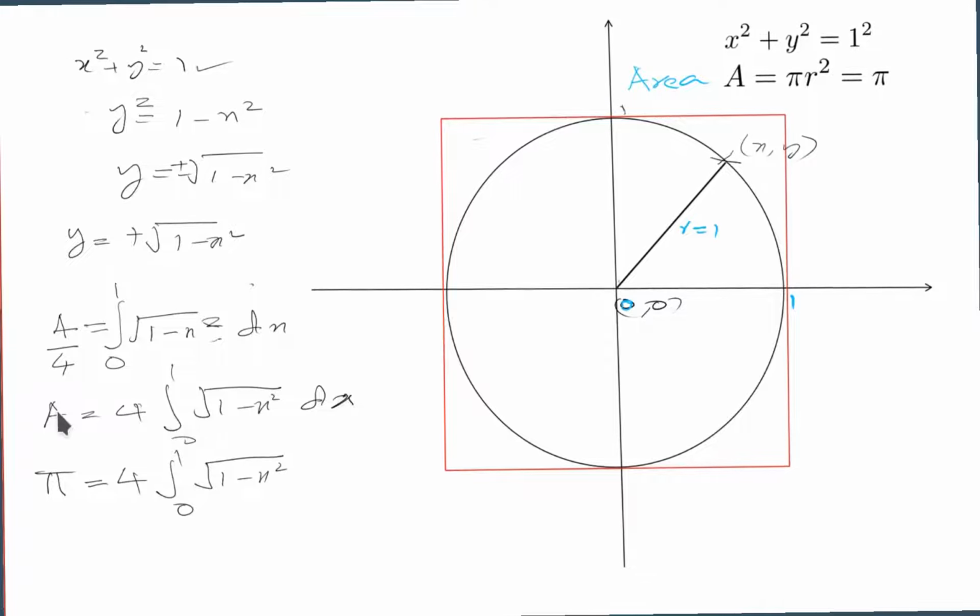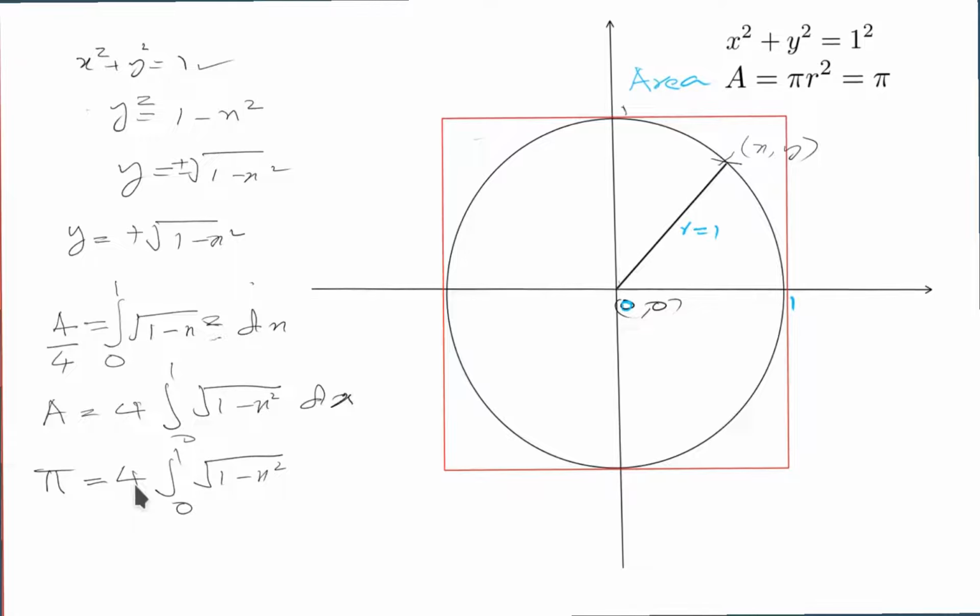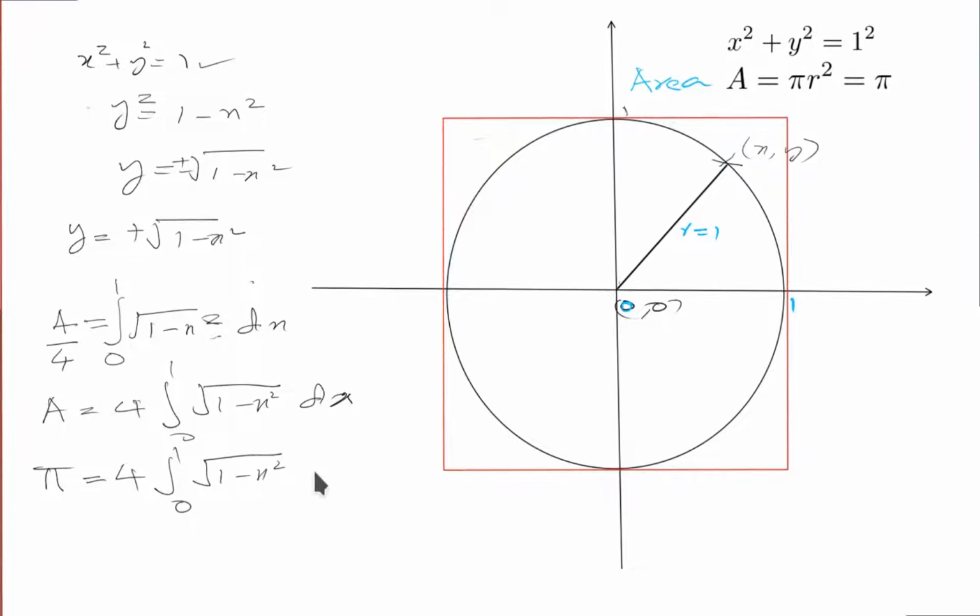So what is the area? It is pi. So pi is equal to 4 into the integral from 0 to 1 of root of 1 minus x square dx. So we can calculate the value of pi using calculus, using integration. But we can calculate the value of pi without using any calculus, just by counting points using Monte Carlo simulation. Let us see how we can find the value of pi using Monte Carlo simulation without using much of the mathematics.